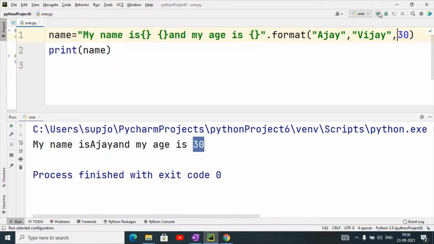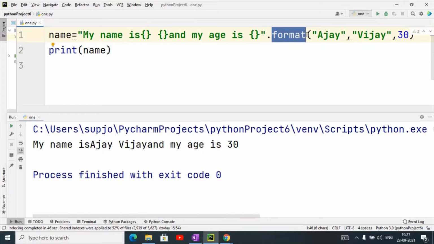When I run this, now you can see my name is Ajay, then second for this curly braces and first for this curly braces, Ajay, Vijay, and my age is. So the format function can be used for giving a specific format.